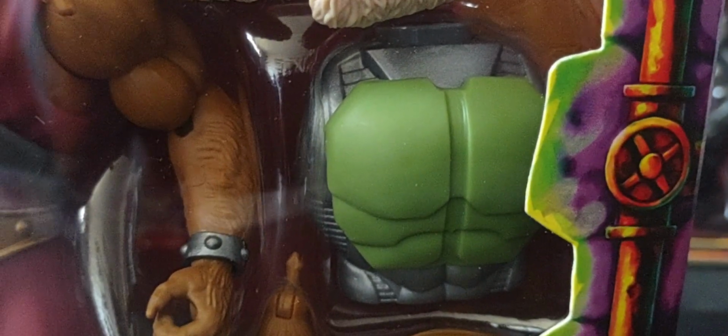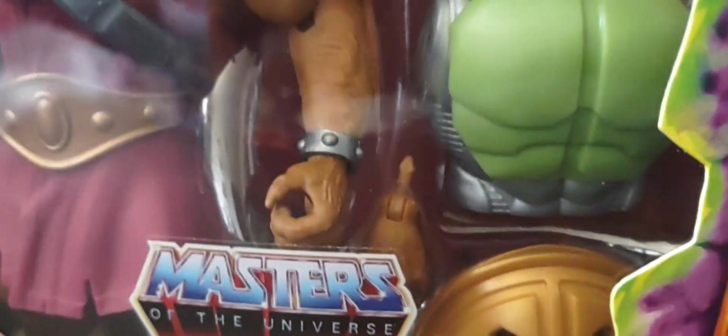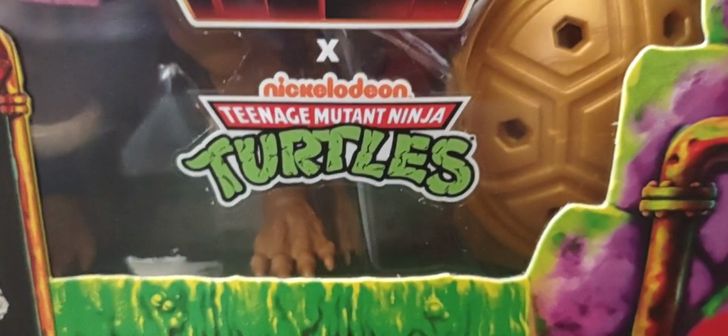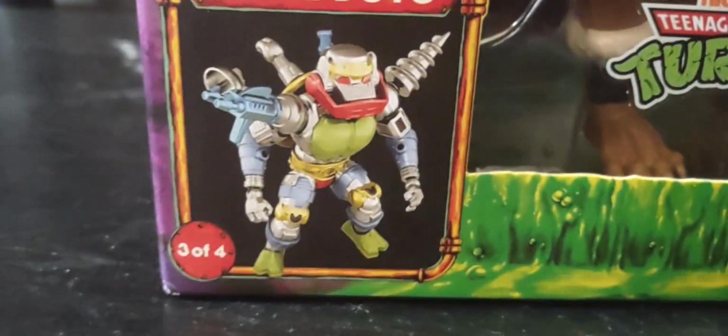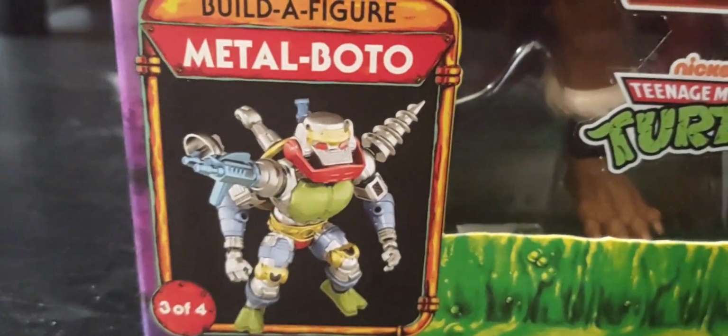Of course, there is the part of the metal bottle, his chest and his shell in the back. Also comes with an extra hand. And there's the figure himself, old Splinter. The Masters of the Universe logo and the Turtles logo as well. Of course, this is 3 of 4, so we're just missing one more Build-A-Figure, and I believe that is the Rocksteady